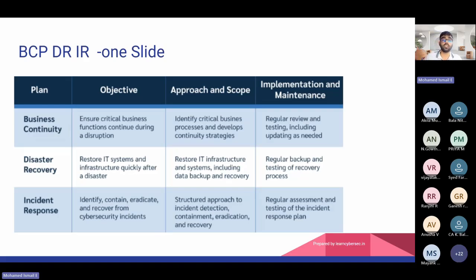So the reason I'm talking about all these incidents is that they are all interrelated. Business continuity is an umbrella. That is high-level planning. Within that, we have disaster recovery and incident response. Disaster recovery always talks about recovering the IT services. It could be backup, it could be printers, it could be your telecom infrastructure, it could be communication and collaboration devices between company employees, or laptop restoration.